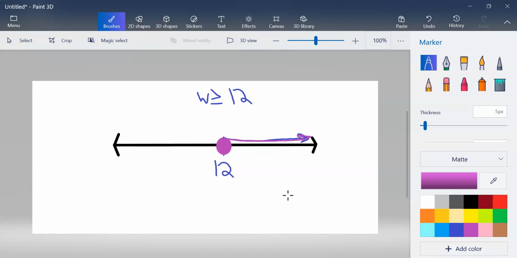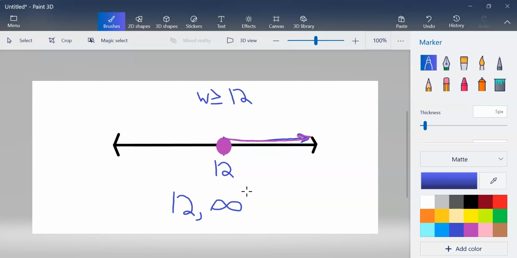Our interval notation goes from 12 to infinity. Notice I put 12 comma infinity. This means any number between 12 and infinity, you can plug in and make